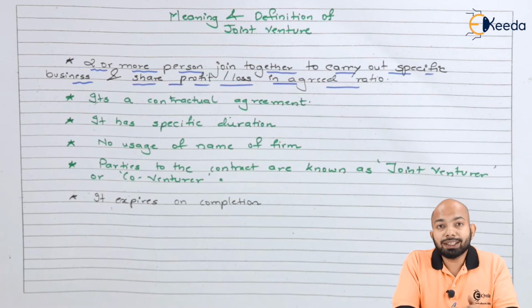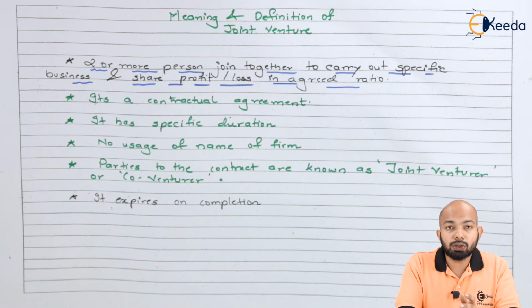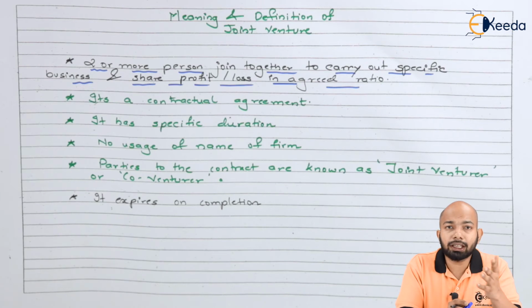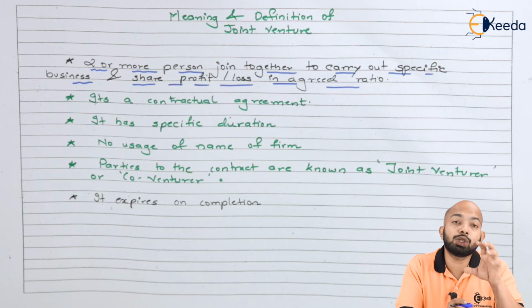On the verge of achieving this target, there are certain profits and losses that have to be shared in the agreed ratio by them. As you know, there is a business transaction after all, so there will be profit, there will be risk, there will be loss that has to be shared in the agreed ratio. It can be equally, it can be at the mutual ratio, whatever they have decided. But the main reason for the joint venture is to achieve a specific target. Not a complete business to be run, but there is a certain target to achieve for which you can merge with some other people or some other group and then figure out how to go ahead with this joint venture. That kind of relationship is known as a joint venture here.